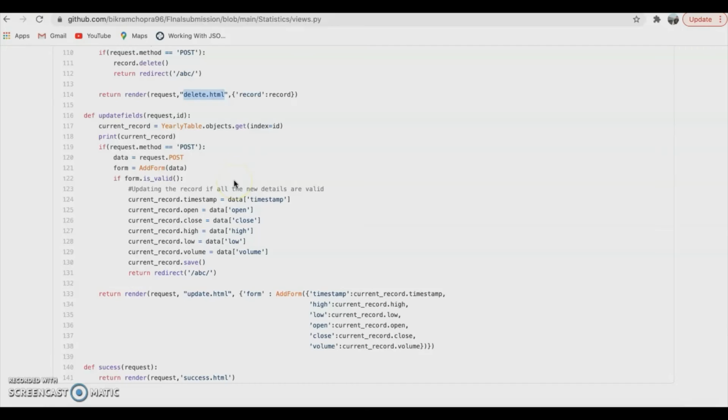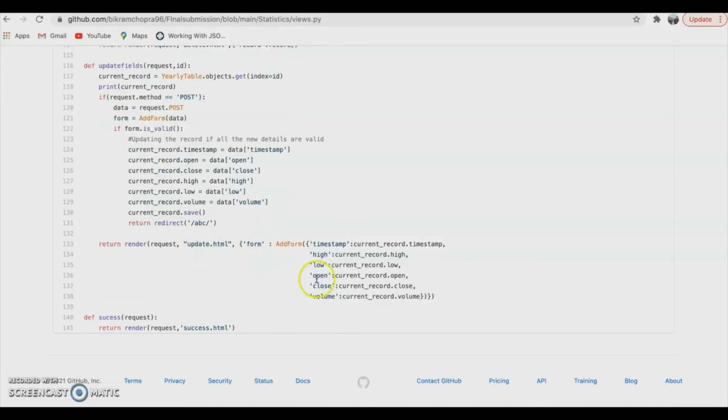Now the last but not the least, here we have update field. In this code, what we are doing is showing, for that particular ID, what the current values are. If we want any current value to be updated in the form, it can be replaced with the new value and it will be stored in the form itself. So the whole form will be submitted at the same time and it will update our post request.